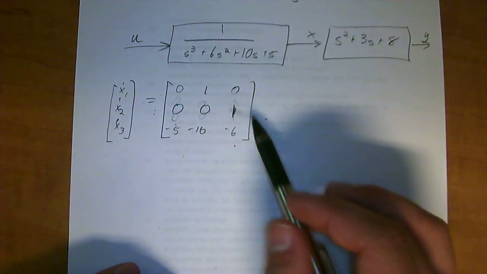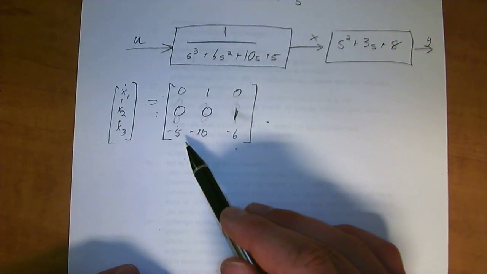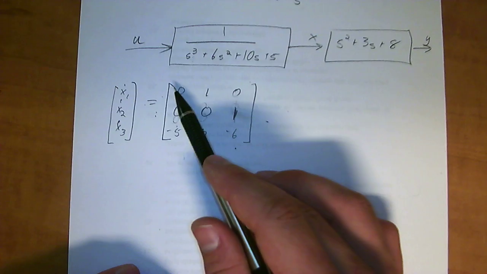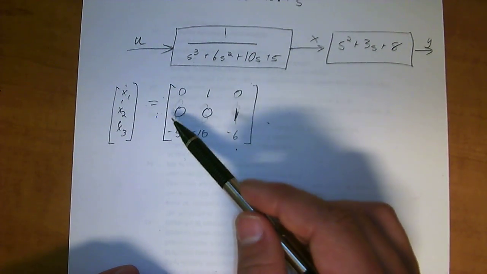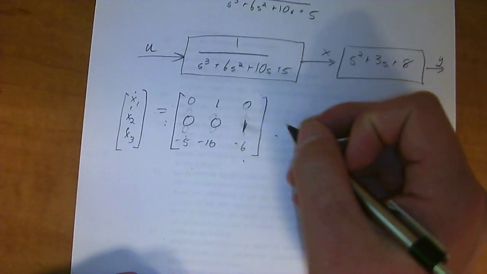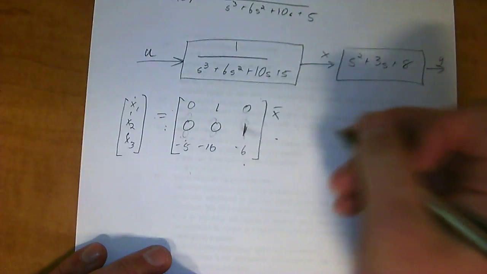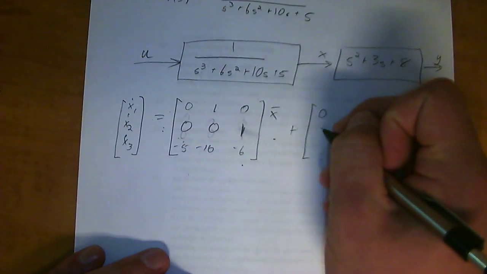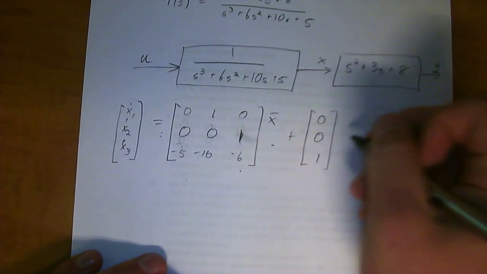But it's a 3 by 3 matrix because of the power of s. Once you do the shortcut of the reverse negative order, the off diagonal on the upper part is always 1s, and the rest of it is 0s. So you take this diagonal right above it, 1, 1, 1, so on and so forth, and the rest is 0s. And you multiply that by x bar, or x1, x2, x3, plus the output here, which is 0, 0, 1